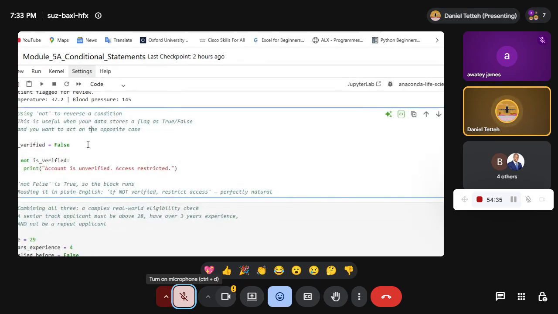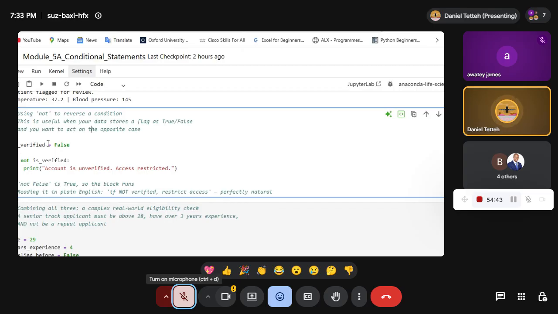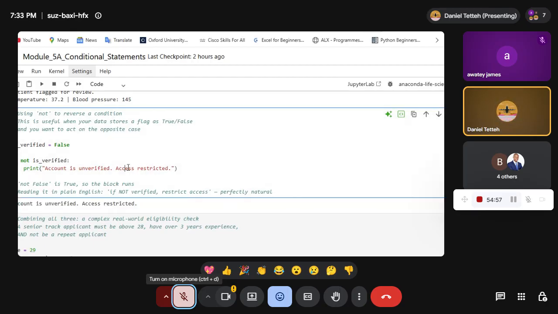Okay. Now let's look at the not function. So we know that the not actually reverses a condition. Okay. All right. So it's verified equals to false. If not is verified, so if not is verified, it means that if not false, so it means that true, print something. So it means that this is going to be printed. Okay. So that's very simple. And then this is useful when your data stores a flag as true or false. So there could be a column whereby you have booleans as the outcome of your data, whether true